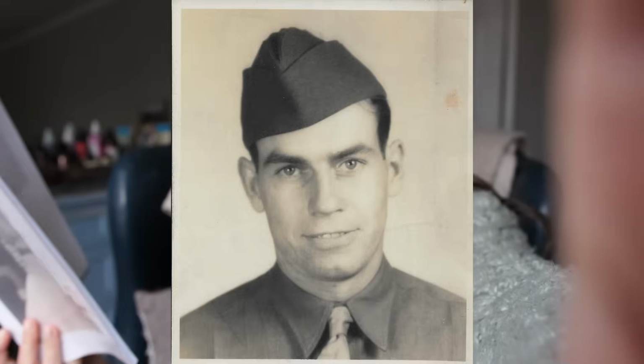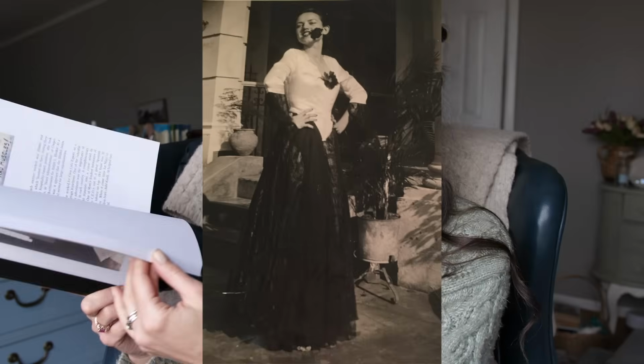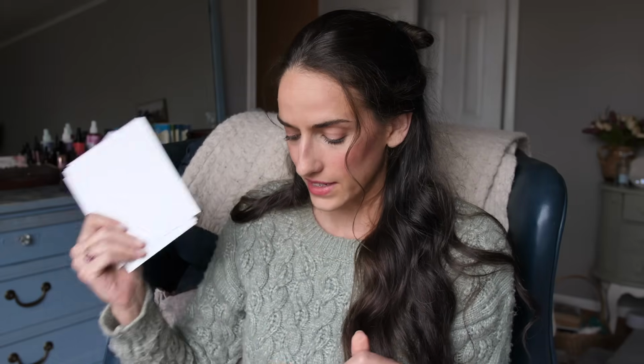My grandfather was super tall and handsome, and my grandmother was a beautiful lady. I would love to take all this hard work that my aunt has done and put these into hardcover books, but I'm also going through photos. I love going through old and new photos, and I want to organize a lot of this in categories, but I also want to get some idea of some of the photos that I want to get into my parents'